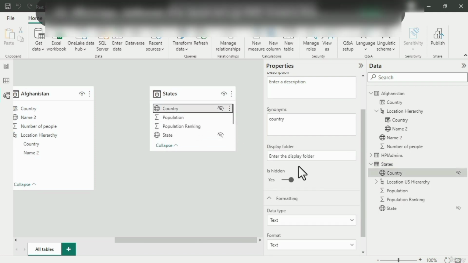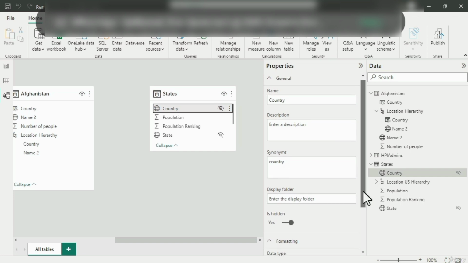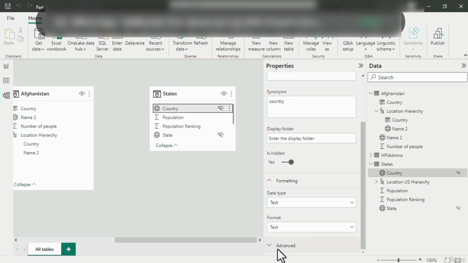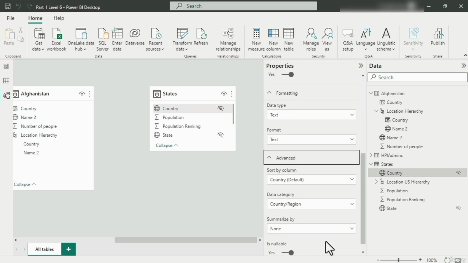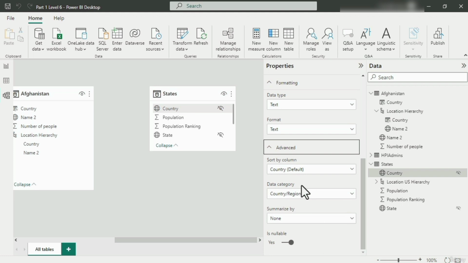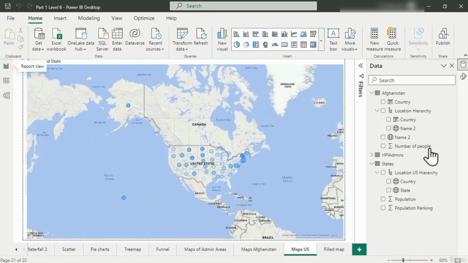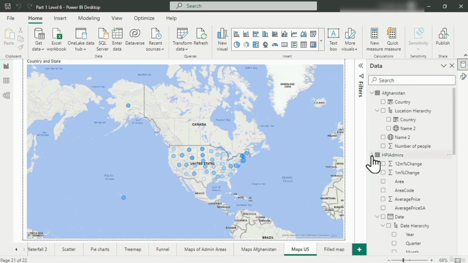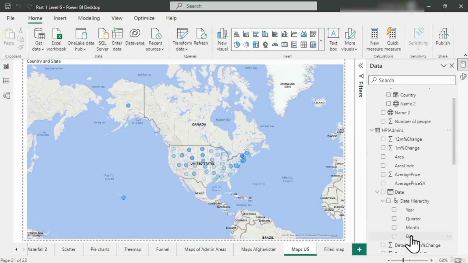You click on one, go down to the advanced section, which may be collapsed when you go into it initially, and then you can change the data category. So hierarchies don't just have to be used for dates, they can be used for